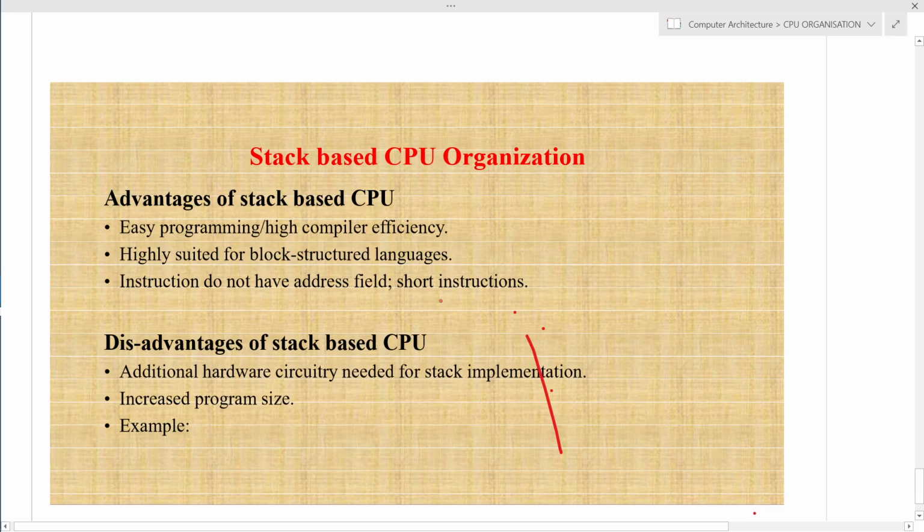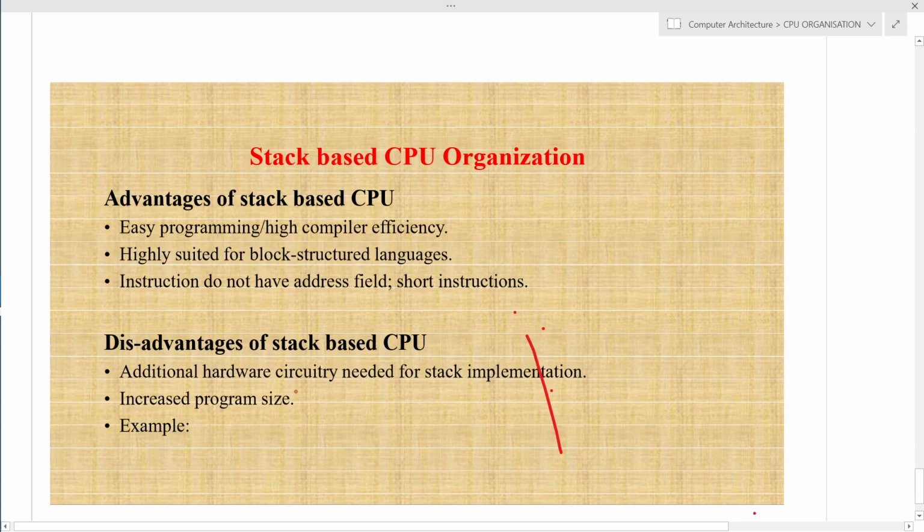The disadvantage, or we may say the limitation, is that we have to implement the stack. Additional hardware circuitry is needed for the stack implementation, and the number of steps required for executing a particular task may be higher in comparison to register based.